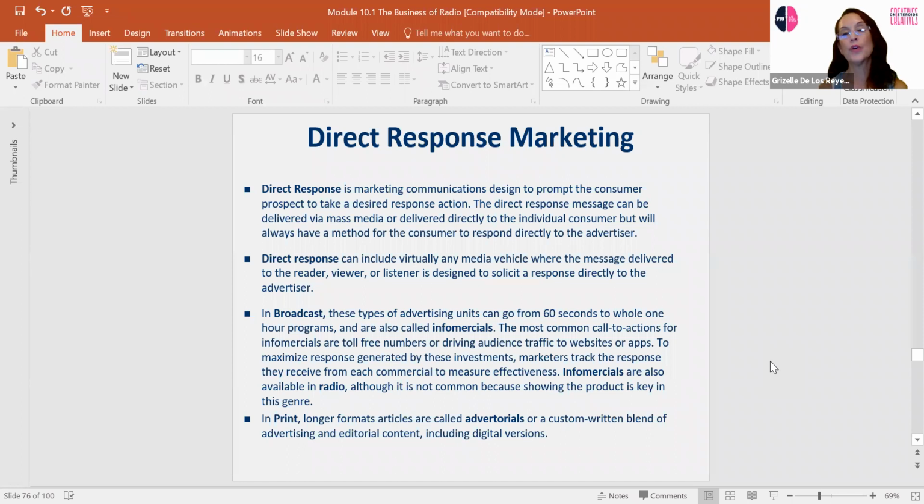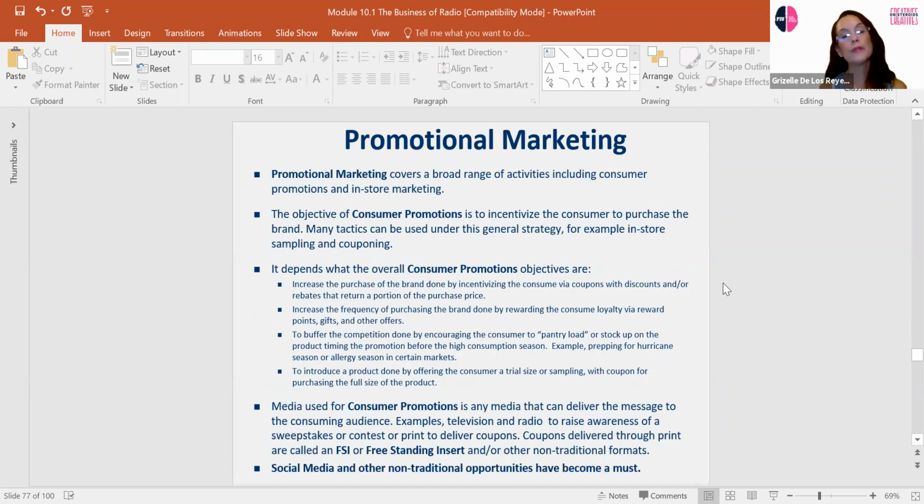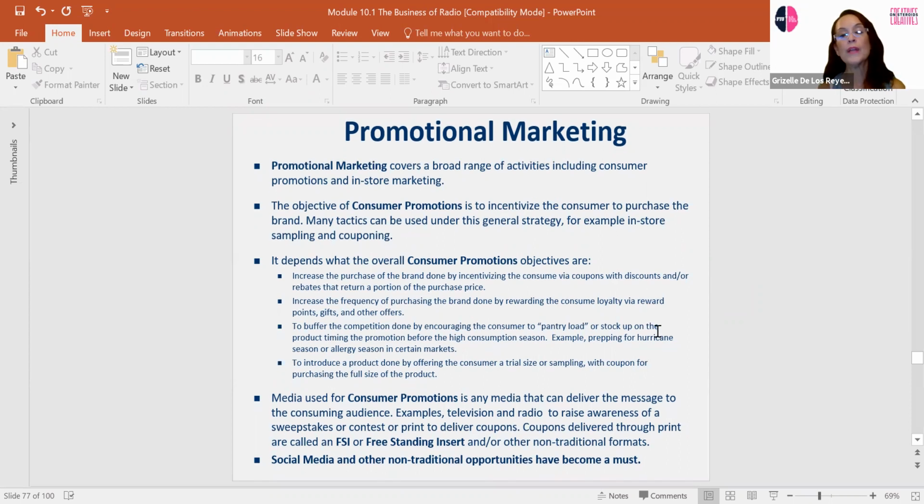You probably have heard the terms, but advertorials are these articles that read like an article, but in essence, kind of wrap around a sales message. Okay, so promotional marketing. Again, we talked a little bit about promotion when we talked about radio, but understand that promotions are very big, and now you add social media to it, and that has become a must in media plans. So moving on,